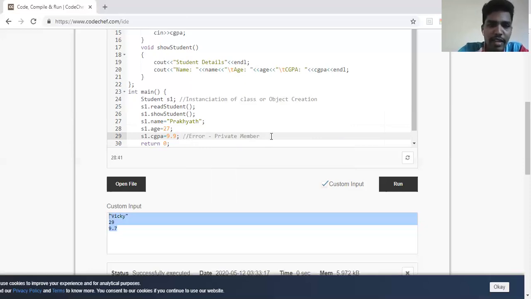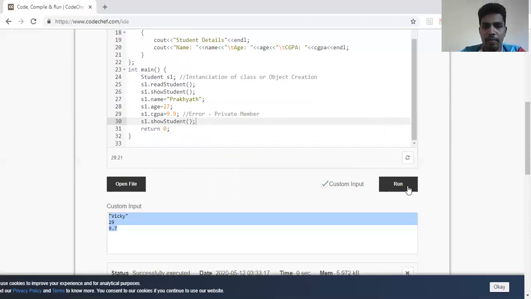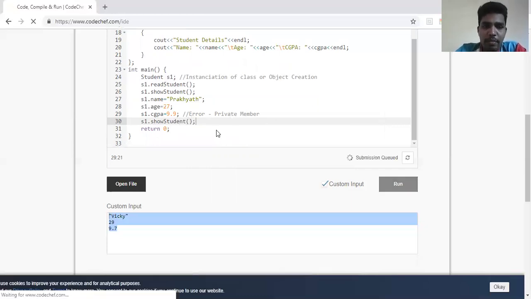And after running it successfully, we'll try to call s1.showStudent, so that we'll come to know what the changed values are. Fine. Now it throws an error because of s1.CGPA being accessed outside the class.